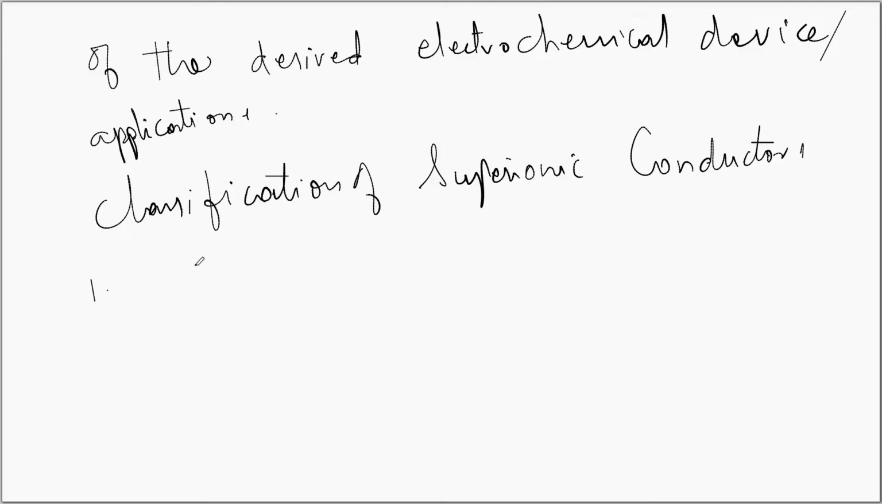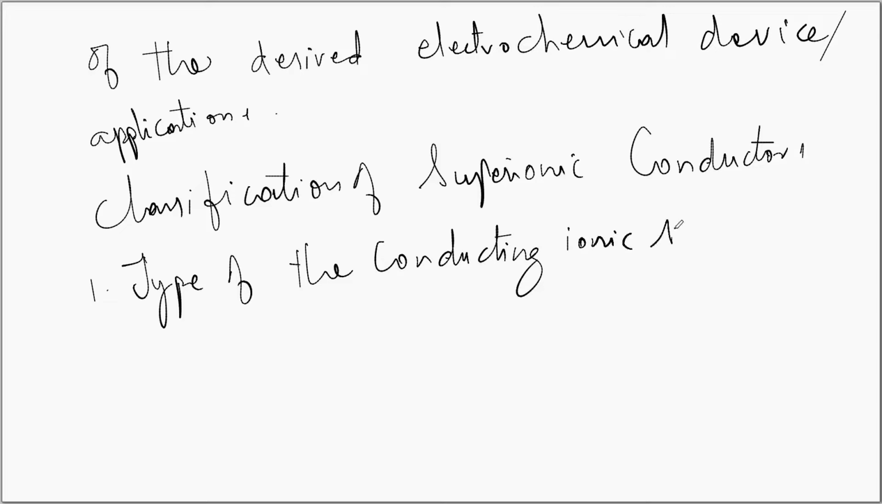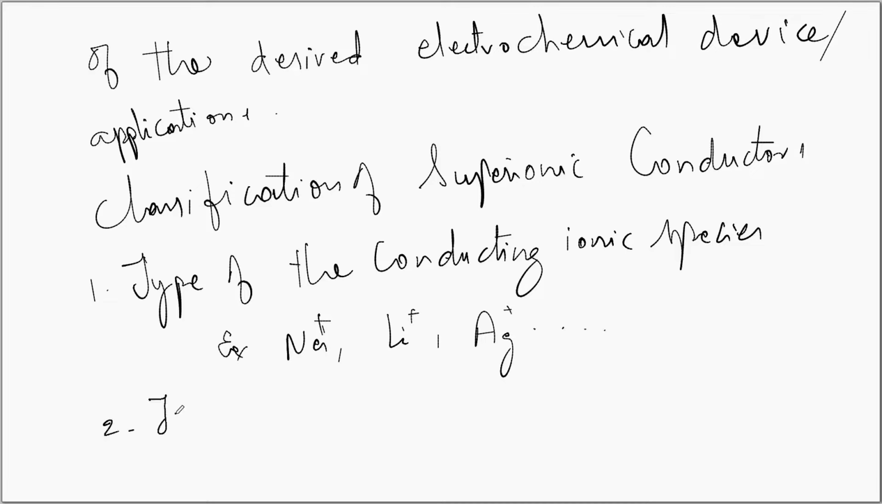The first classification is based on the type of the conducting ionic species. For example, sodium, lithium, silver, etc. The second type is the type of the host material, such as crystalline,